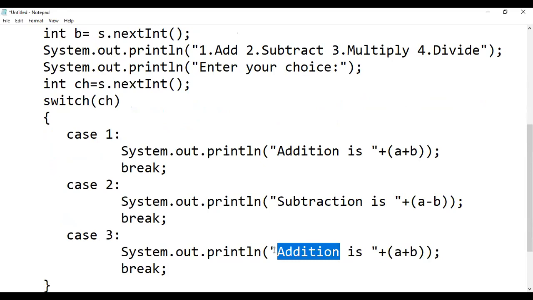So we display multiplication is, and in brackets we write a multiply b.